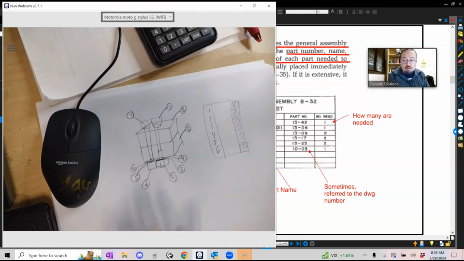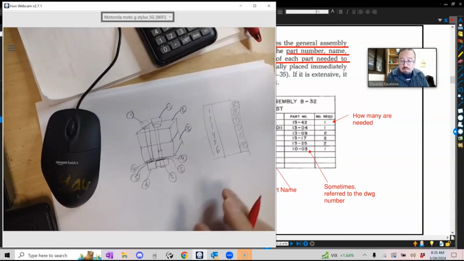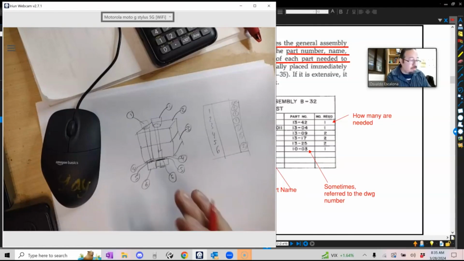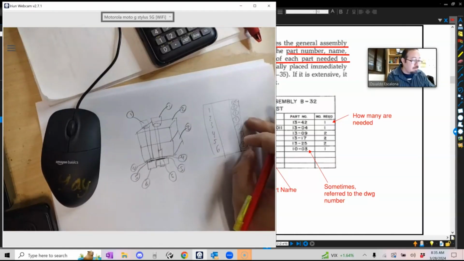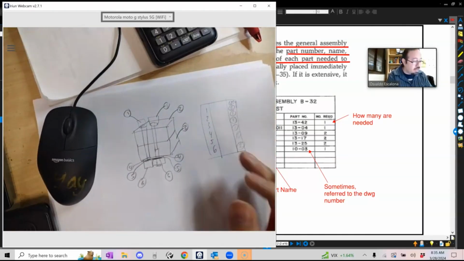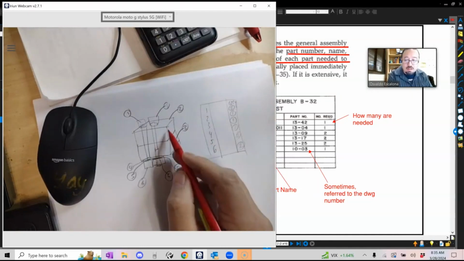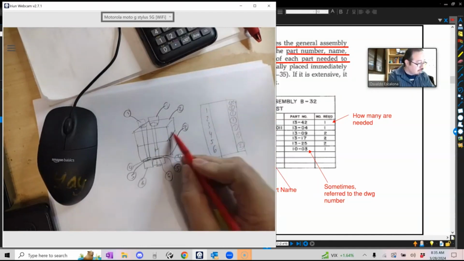I will have to create a drawing of anything that I will not go and buy. For example, the bolts and the nuts, I can go and buy them in any hardware store. Those most likely I will not have to manufacture in my company. I will do only what is required. So in this case, I have 2 plates. Most likely, these are the ones that I'm going to be creating drawings for. So I'm going to call this one